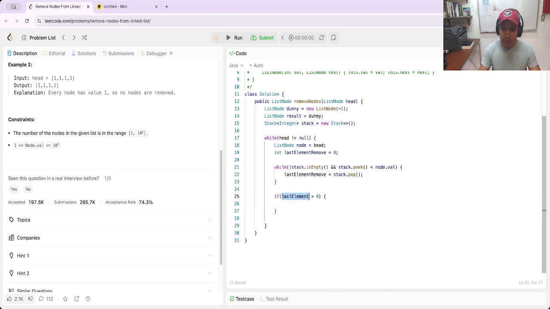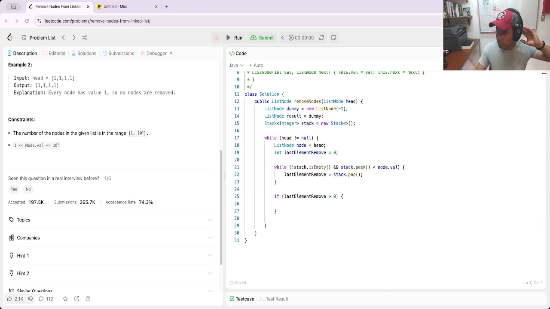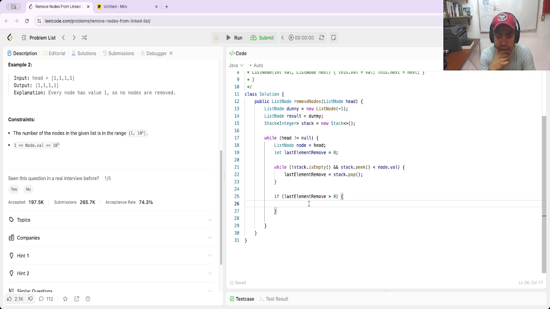Last element is removed. Last element is greater than 0, yes, or in this case I need